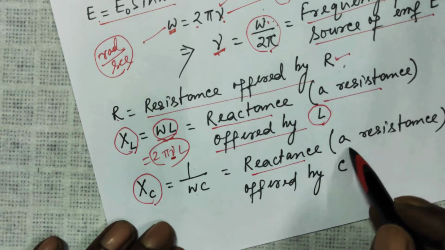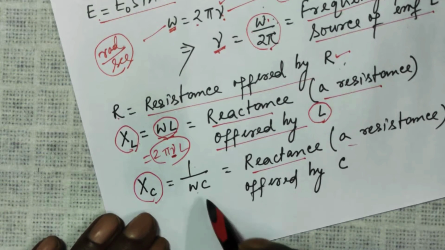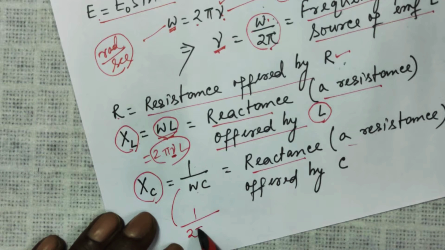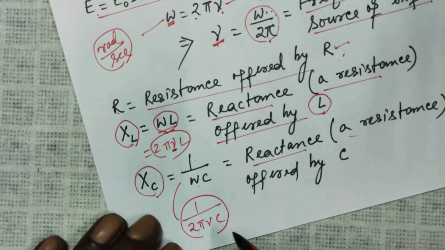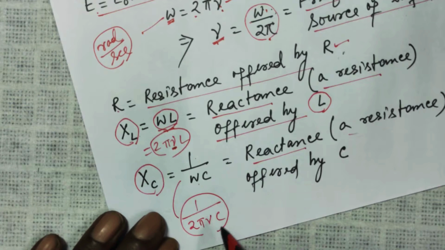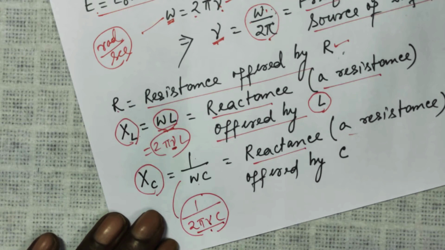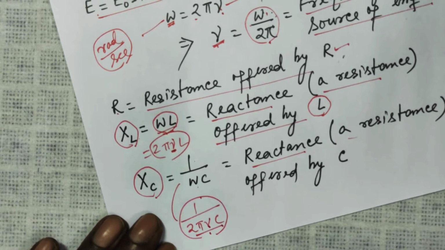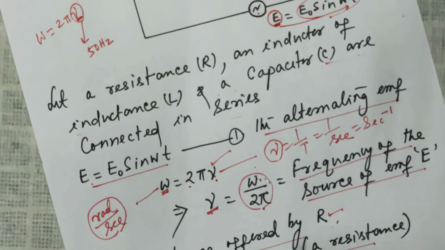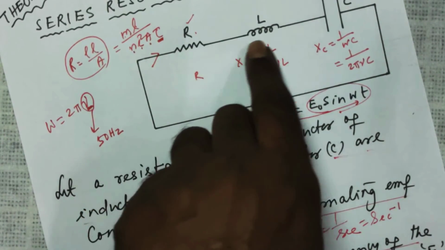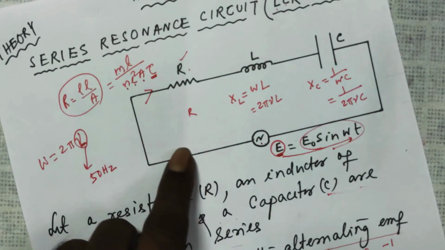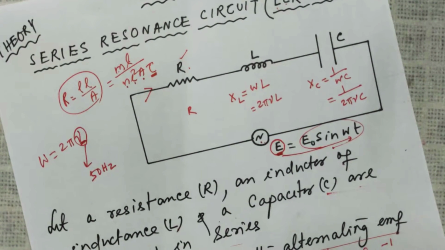It was called the reactance. It is a resistance offered by the capacitor. And this is also 1 by 2 pi nu C. If the capacitor is connected across a DC source, nu is equal to 0. So this part becomes 0. So something by 0 is infinite. So the capacitor offers infinite resistance to a DC circuit. Means it does not allow DC current to pass through it. Okay, we are not going there. We are finding out under what condition this circuit will allow maximum current to pass through.